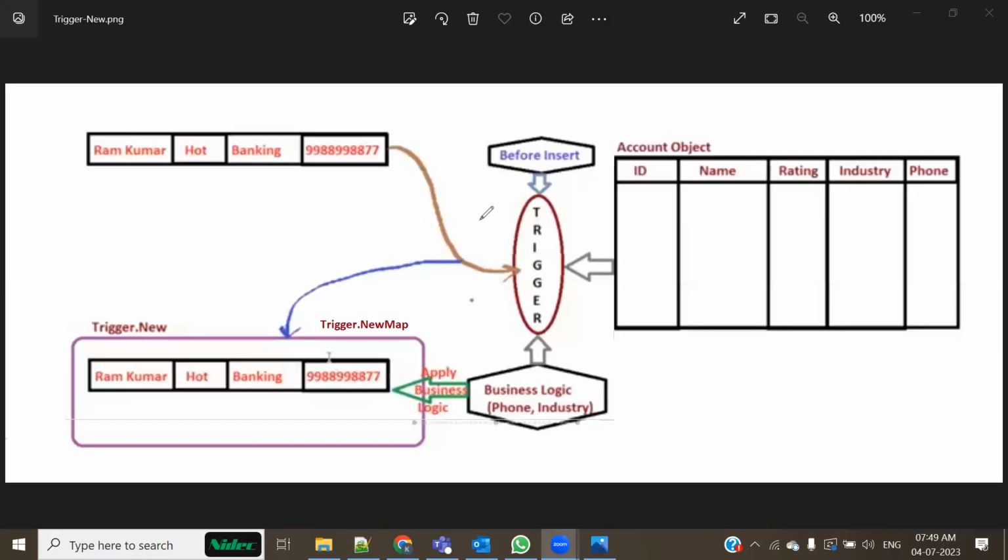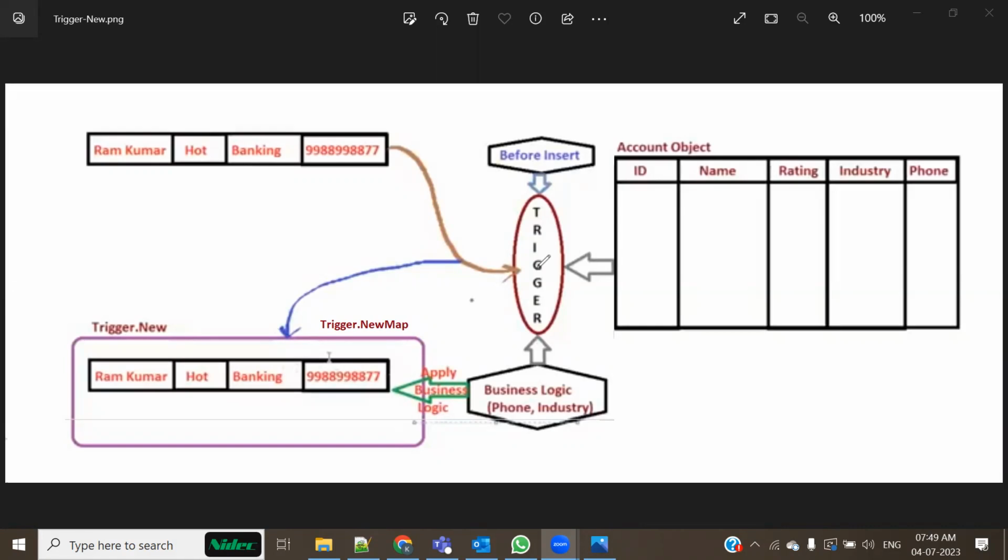There is a security check at the gate itself, and it would check that you should not carry anything unauthorized, maybe a weapon or something, which is not allowed inside this building. They search you and decide whether you are a validated person to enter the building or not. In the same way with a trigger, whenever you are trying to perform any DML operation,